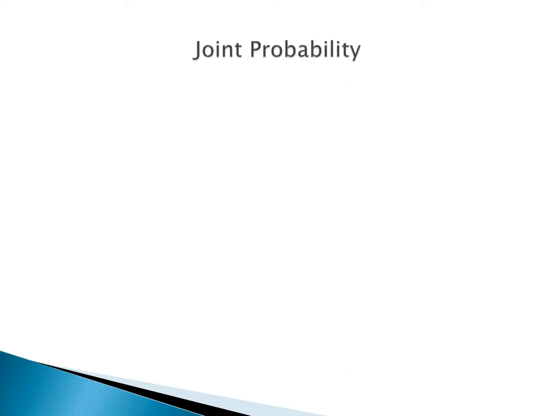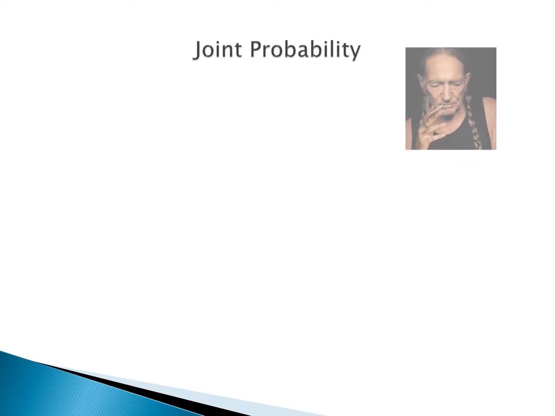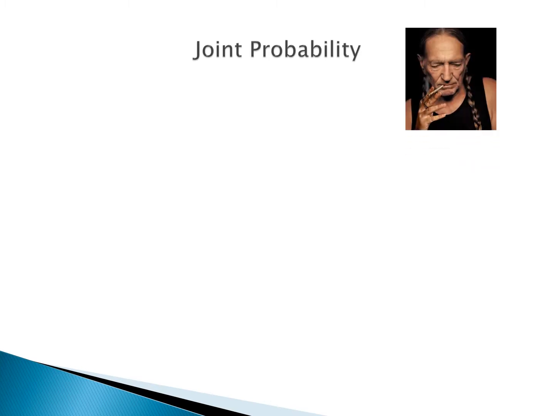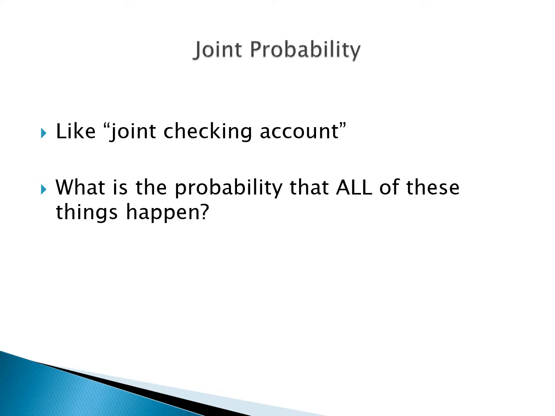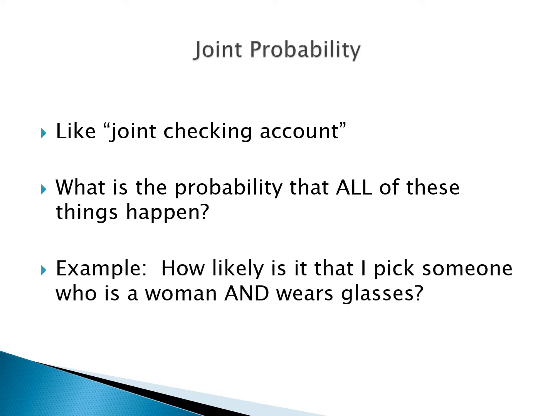Let's combine these into the idea of joint probability. No, not that kind of joint. This is joint like in joint checking account. It means 2 things together, an and of the things. If I give a list of events, how likely is it they all happen? So the quick question I want to ask is how likely is it I'll pick somebody who's a woman and